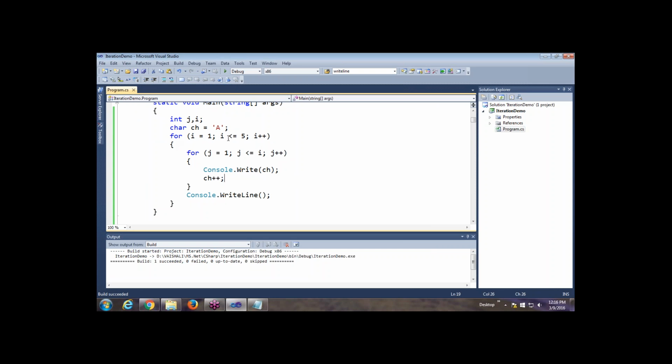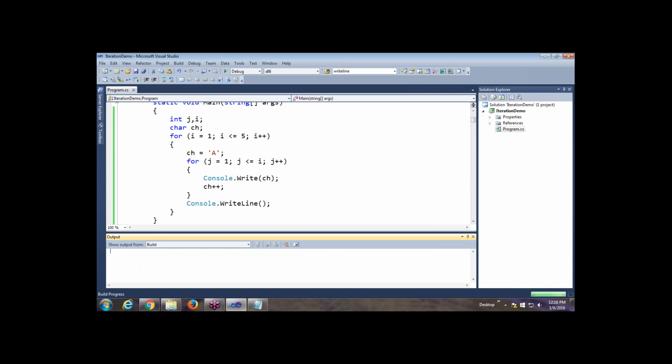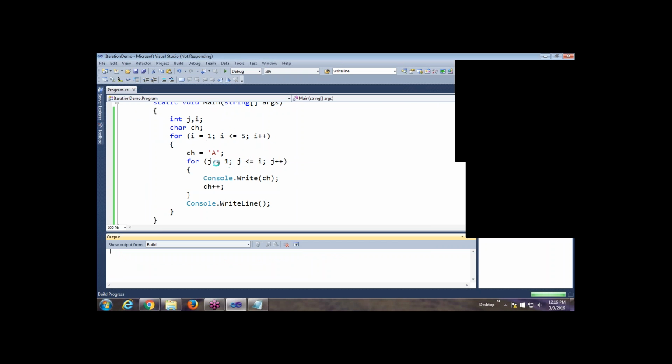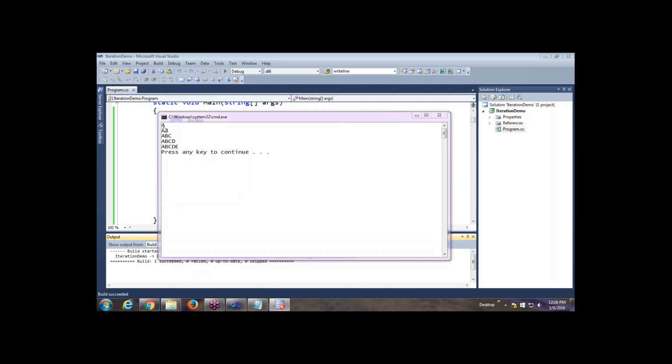Sometimes they want you to every time start with A, B, C, D. So all we can do is, let's take the variable ch here, and inside the loop we will write ch equal to 'A'. Every time we are initializing. So now if you observe the output, in every line you will find the output as A, A B, A B C, because inside the loop we are performing the initialization. So observe the output here, A, A B, A B C, A B C D, like this.